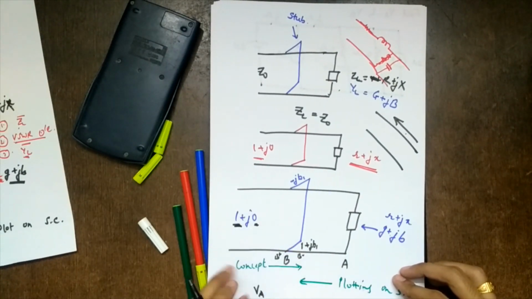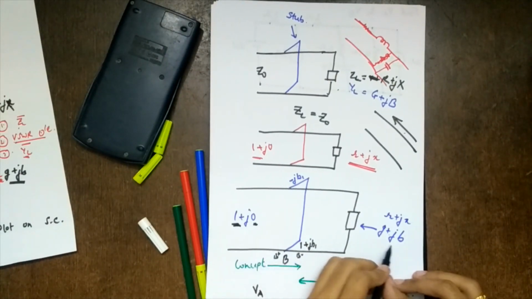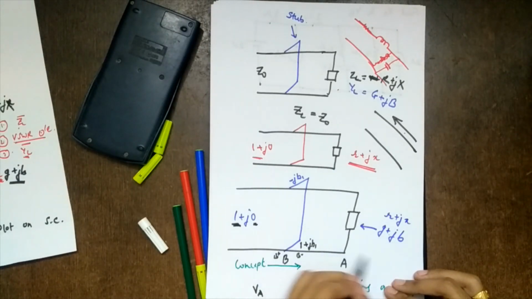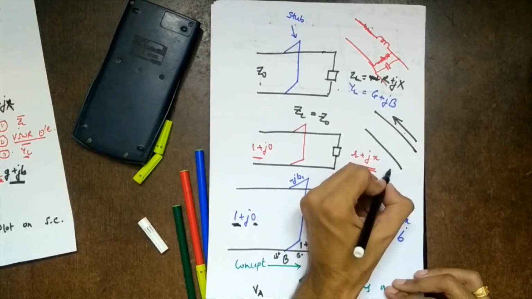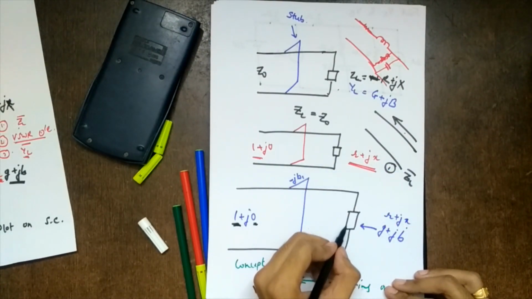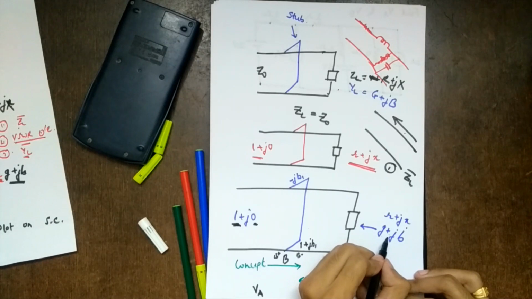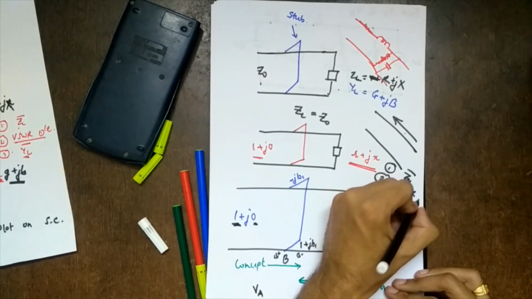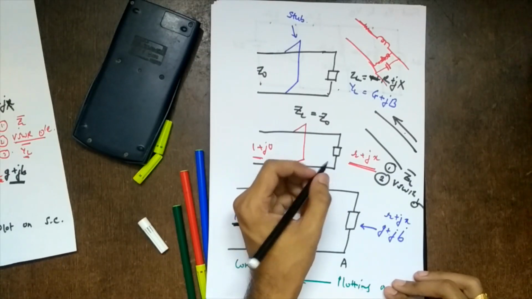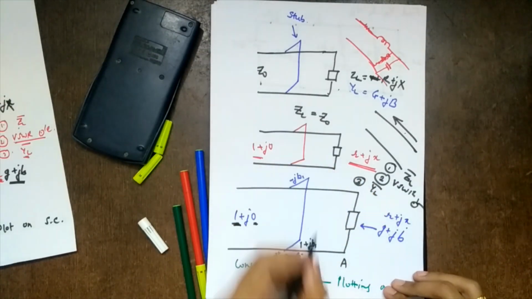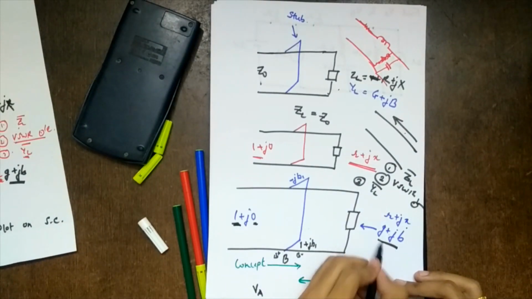So while plotting on the Smith chart, what will we do? We'll start from G plus jB, in fact, R plus jX. That is, we'll first plot ZL bar. Then what will we do? We want the diametrically opposite point. So what will we require? We require the VSWR circle, right? Then third, from the VSWR circle, draw YL bar. So we have got G plus jB.